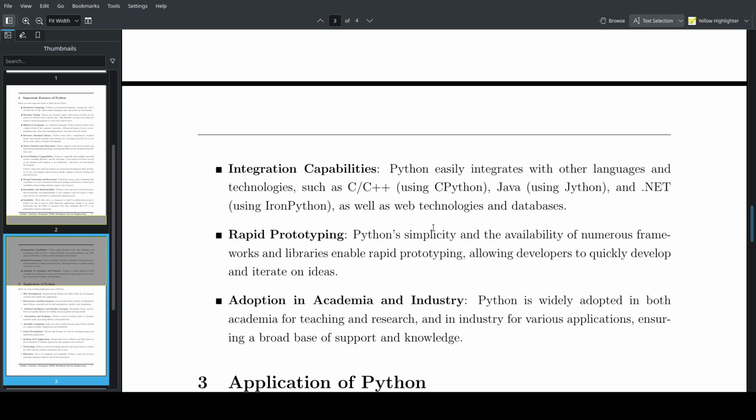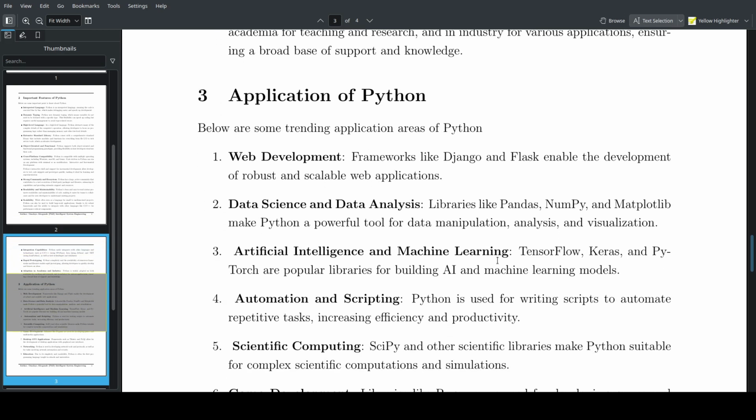There's also .NET, like IronPython. You can integrate it with C, C++, Java, Jython, .NET. It's also widely adopted in academia. In fact, the majority of researchers make use of the Python programming language.